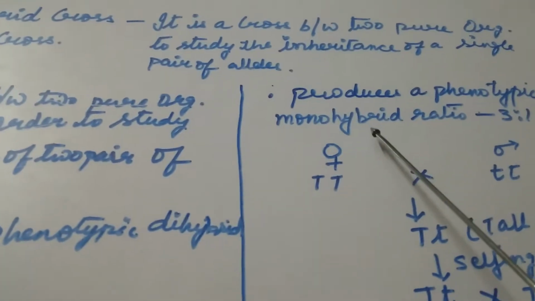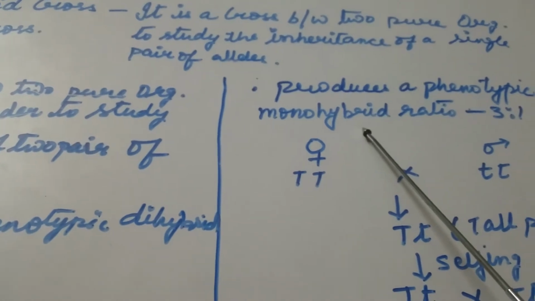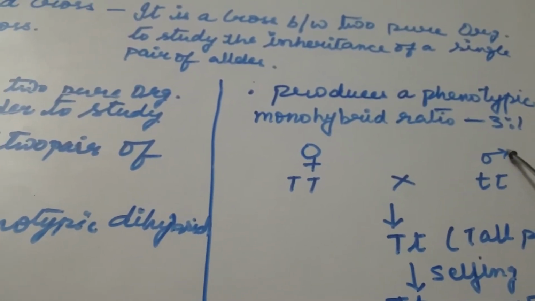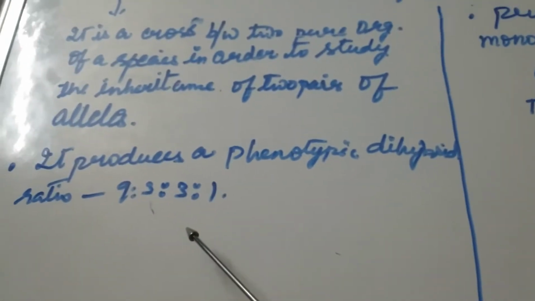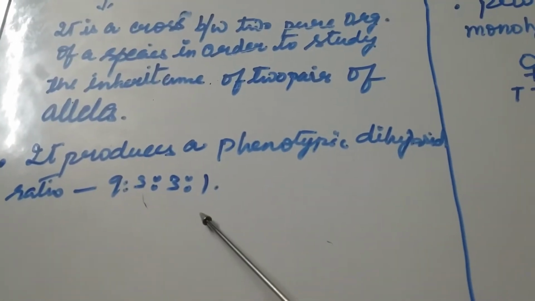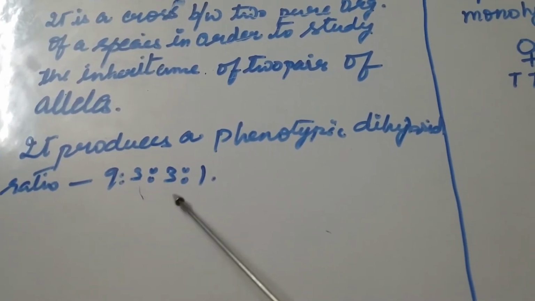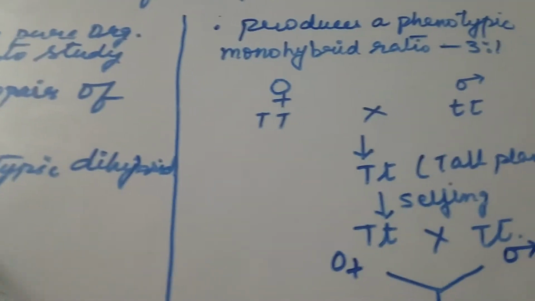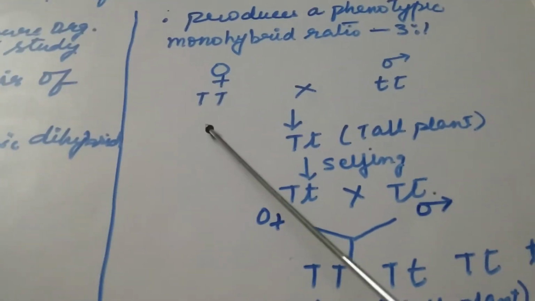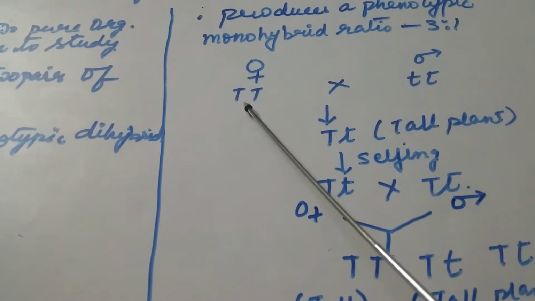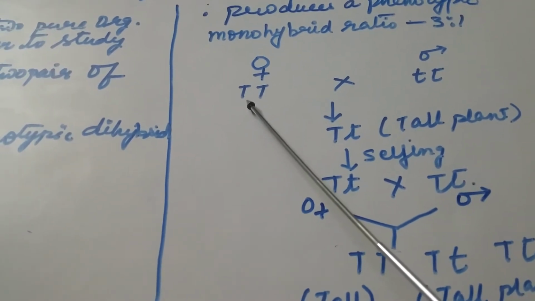In monohybrid cross, the phenotypic monohybrid ratio is 3:1, whereas in case of dihybrid cross, the phenotypic dihybrid ratio is 9:3:3:1. For example, in case of monohybrid cross, here the male is a tall plant and the female is a tall plant,